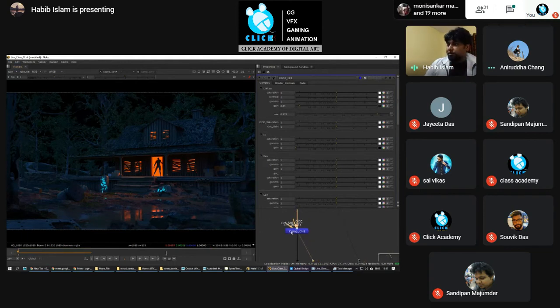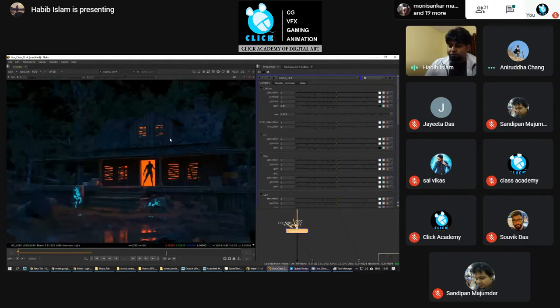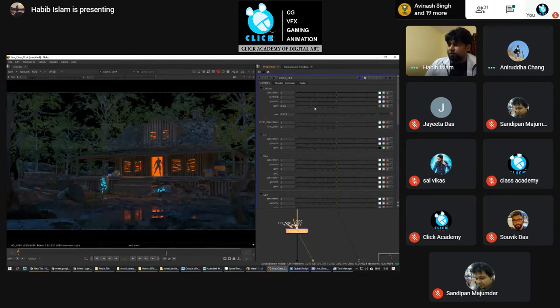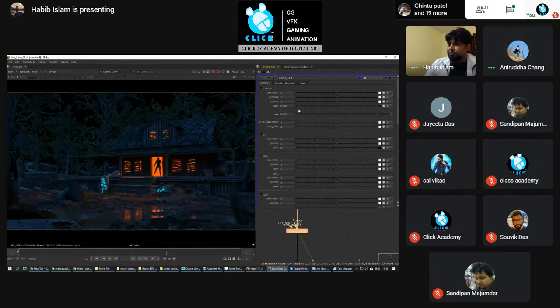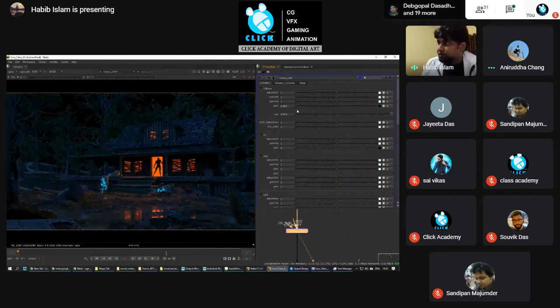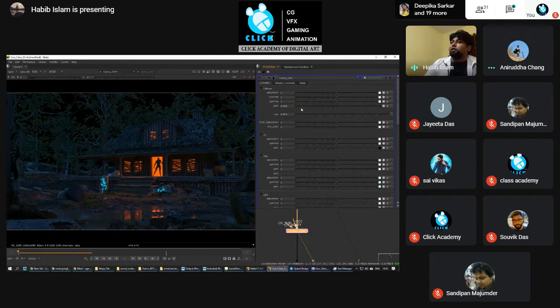Like this is the basic beauty. If you want the object texture to be working more, you can use more diffuse. So this is adding the diffuse information on the final output. If you want a brighter output, then obviously there's no need to go and render again from Maya. You can do that in compositing. If you rendered all the passes separately, then using these controllers you can control the amount of the passes.